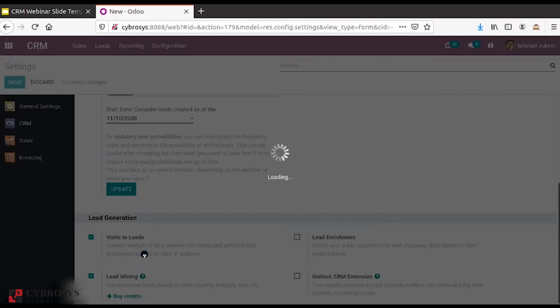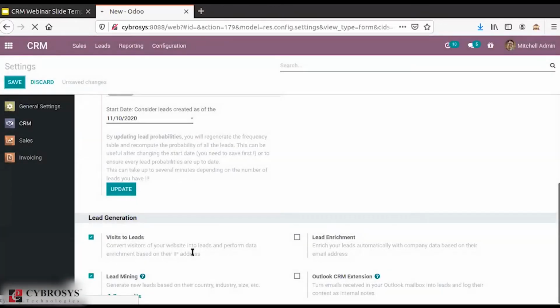So for that purpose, we are using this visit to lead option. Basically, it converts the visitor of your website into a lead and performs data enrichment based upon their IP address. So we can see how it works.